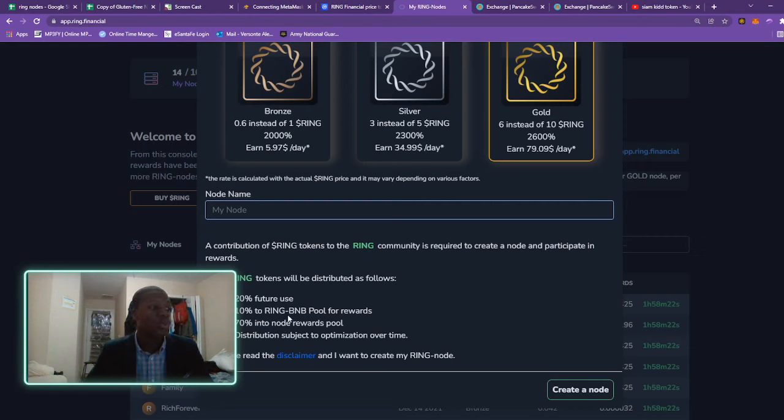10% is going to the Ring BNB pool for rewards. 70% is going in the nodes rewards pool. That means 70% of this purchase is going into paying the next person. Okay. Now,